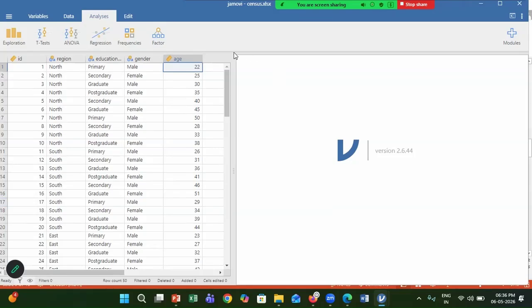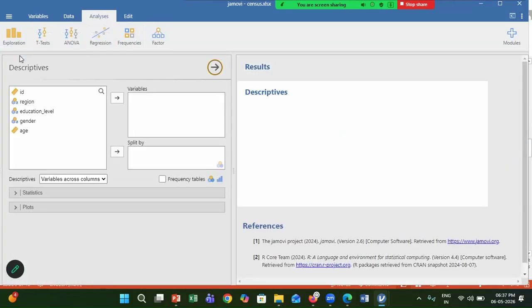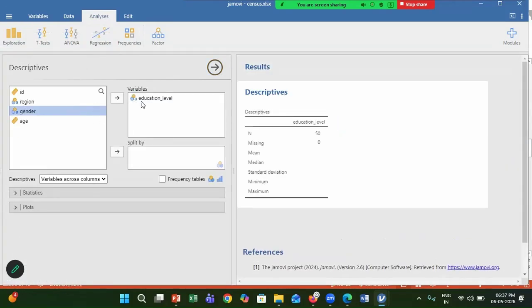In Jamovi, I have opened the census dataset, which has five variables: ID, region, education, gender, and age. Now, to create the frequency table, I will first open Analysis tab, which is already opened. Move to Exploration. Click on Descriptives. I have moved education level to variables box.